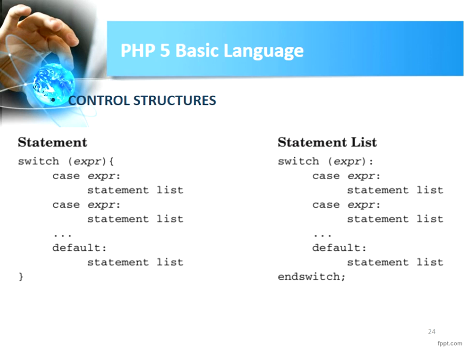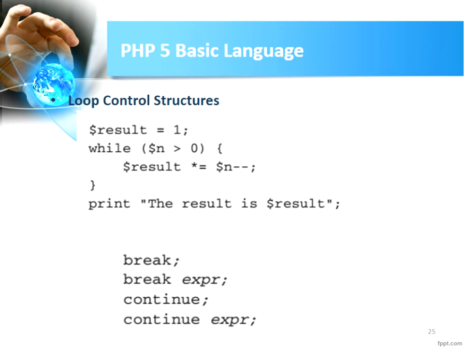We can use a switch expression with the case expression, statement list, etc. We can use many loop control structures like while with a condition. For this example, result equals 1, while n is more than 0, result times equals n, n minus minus,